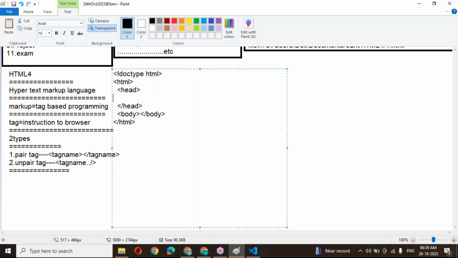Under this head only we can write the script tag and then the style tag. Script is used to write JavaScript code. Then style is used to write CSS code. Script and style will be written for the execution of our code. Inside the body, we can write so many contents. Inside this body tag,